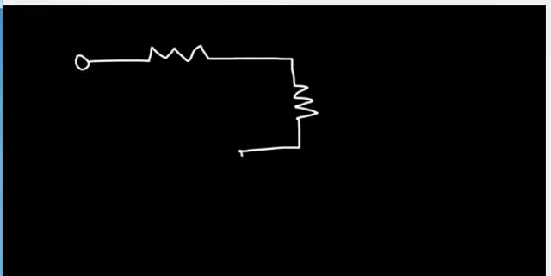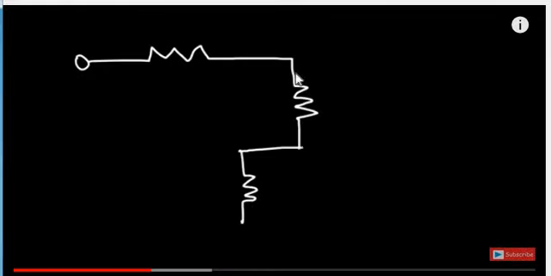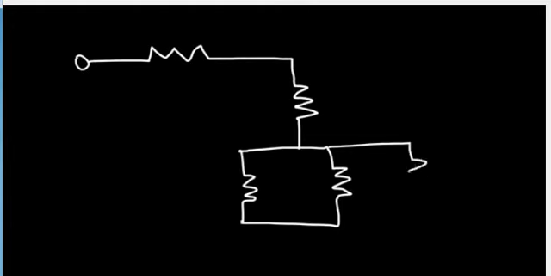Next type. These two resistances in series, two resistances in parallel, three resistances in parallel, and one more resistance in series with the parallel combination. Let us have some values. Say the resistances in parallel are 40 ohm, 40 ohm and 20 ohm, then 5 ohm, 15 ohm and